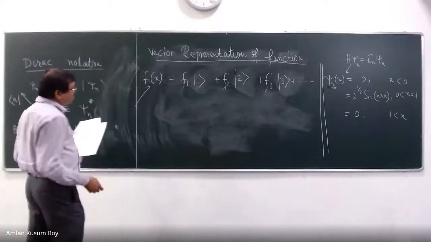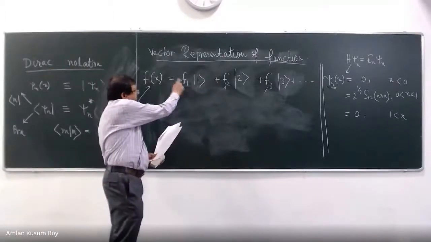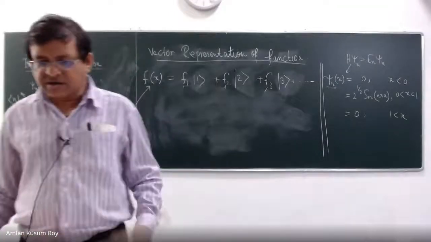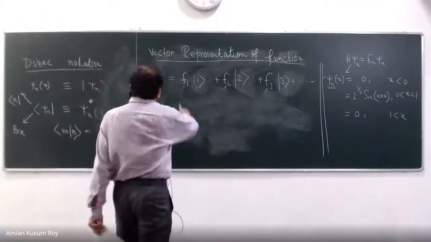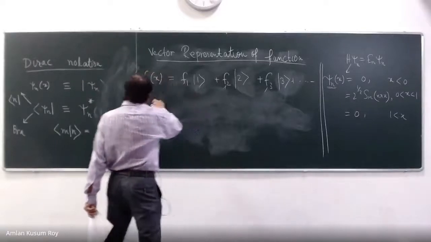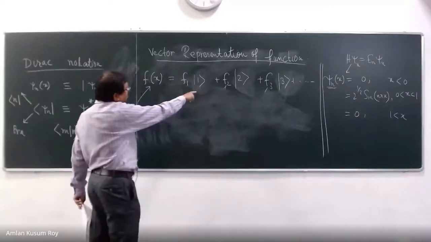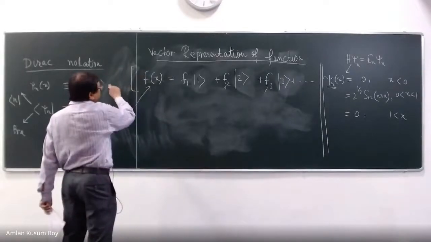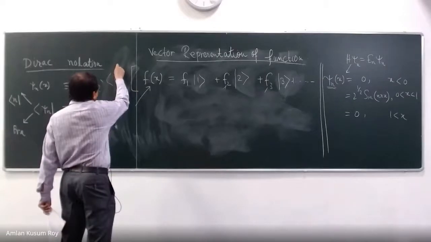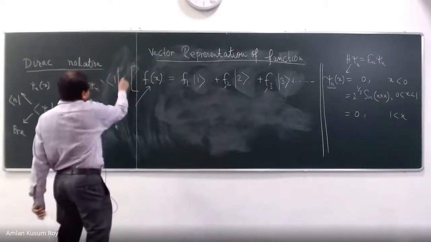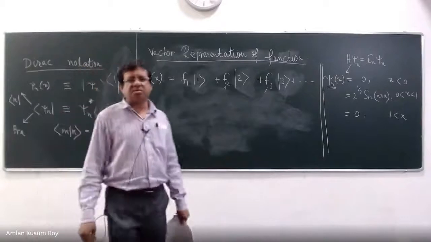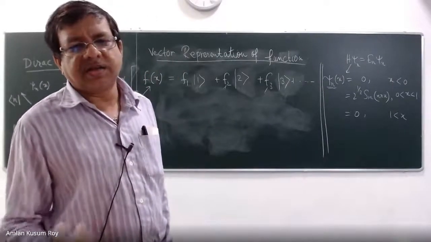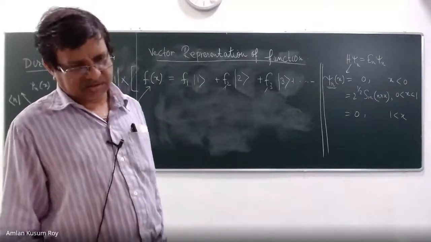Now my question is, what is my f1? The big question. Naturally, if you have expanded a function, so suppose, let us do one thing. You are all familiar with this kind of little trick. Suppose you multiply this whole equation by this on the left side and right side. That means you multiply by the bra 1 vector and then integrate over the whole space. What will happen?